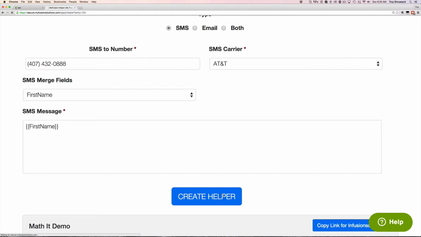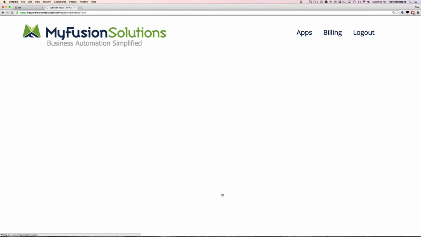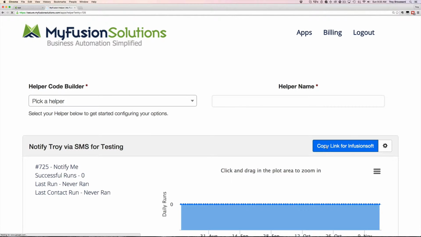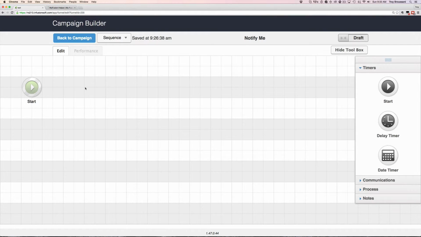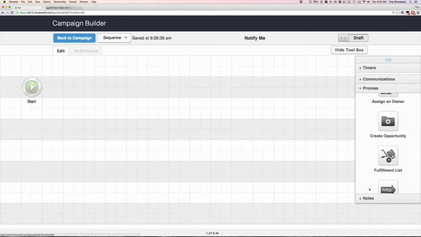Once a helper is created, it's going to give you a link to copy and paste into Infusionsoft. So that's the same process that we always do. We copy this link, and then we'll come into Infusionsoft, and we have some sequence here. We'll go in and